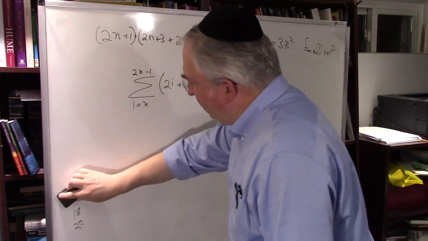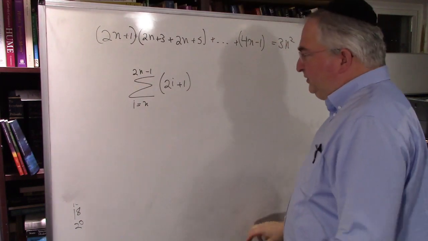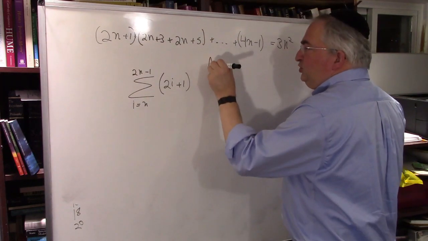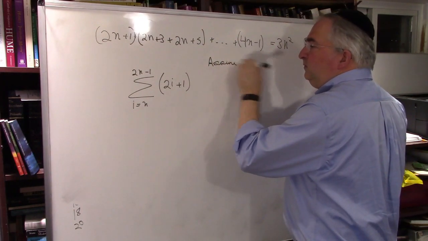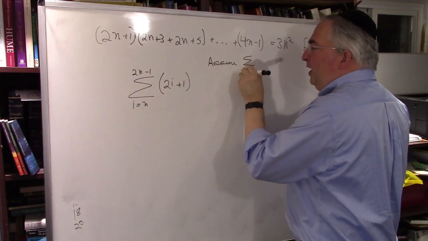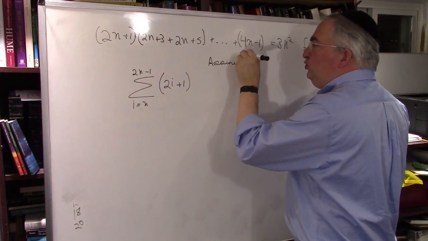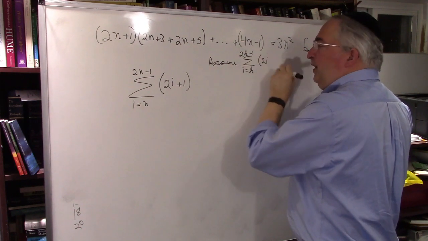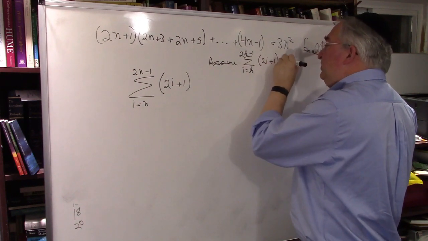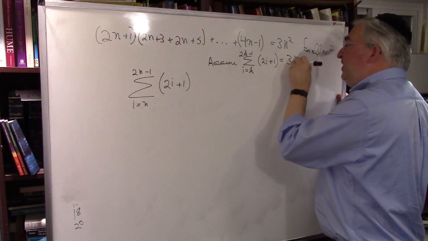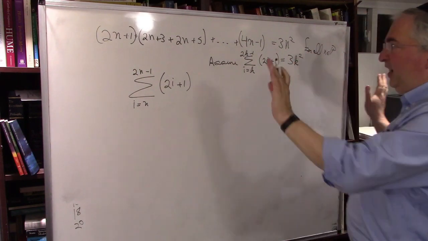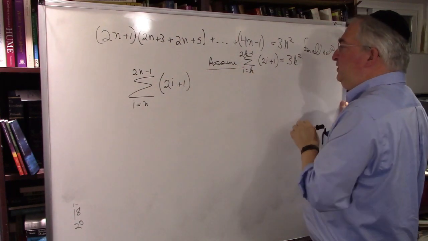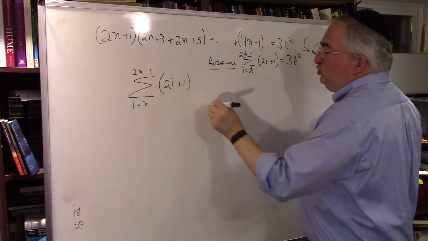Okay, good. Next, let's assume, I'm going to write the assumption here. Assume the sum from i equal k to 2k minus 1 of 2i plus 1 is equal to 3k squared. Stop. That's the assumption. Okay, we did the base case, now we did the assumption. Great. To show